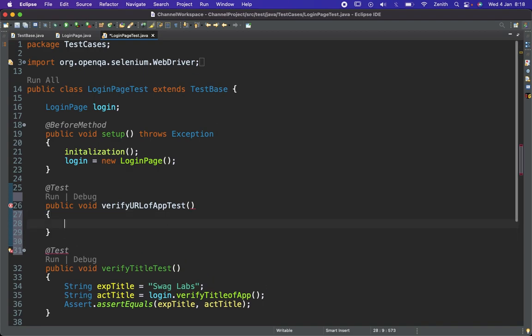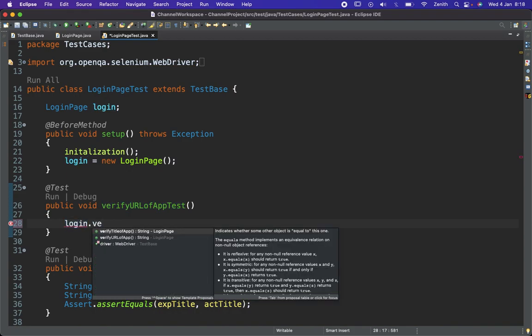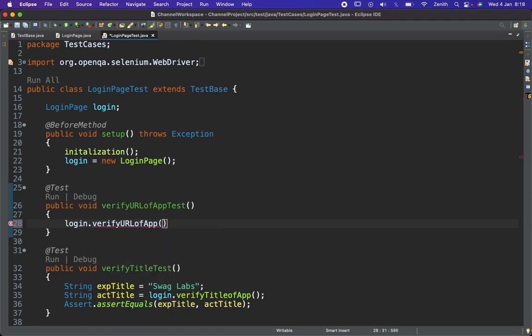So we can relate both methods, this method and the method from the page class. So here I just need to call the object login.verifyURLOfApplication. So this is the method, and now again I need to store this somewhere, like a string